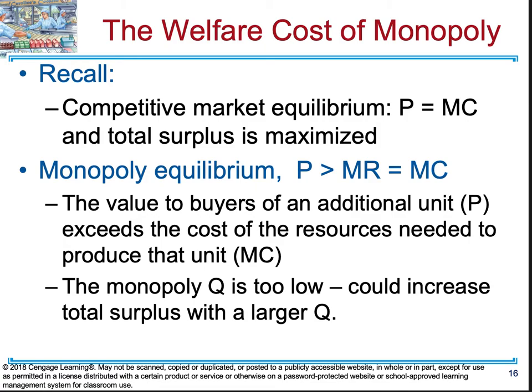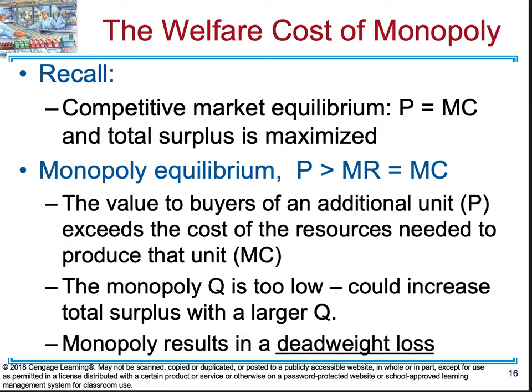Now, total surplus in this case is the economic well-being of buyers and sellers in the market. Consumer surplus is their willingness to pay. Producer surplus is their willingness to receive. Now, when we create a monopoly, this is the big reason why we don't like monopolies. They create a deadweight loss. We've talked about deadweight loss in taxation. This is the same thing here with monopolies. No one gets this portion, not the consumer, not the producer, nobody.